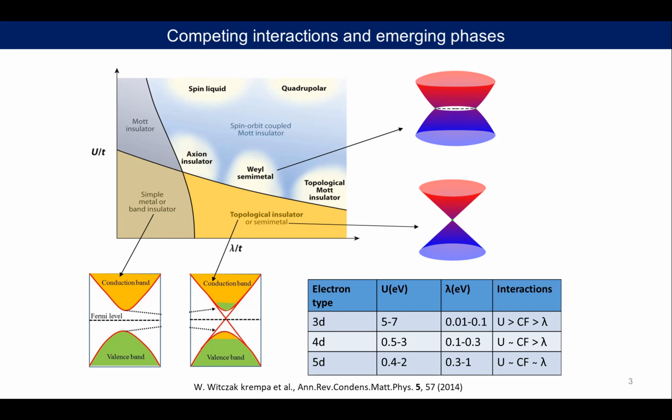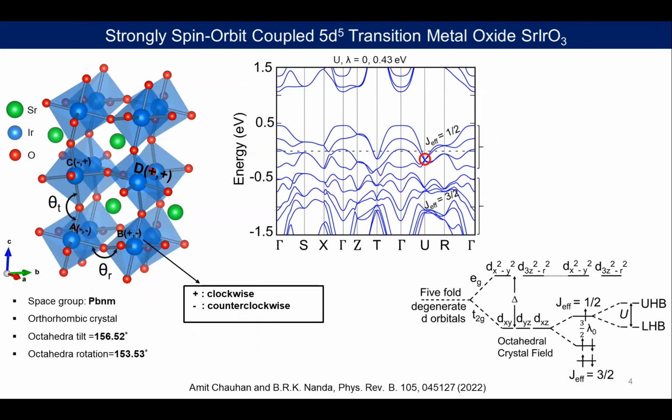And with this motivation, we chose an ABO3 perovskite, which is a 5d transition metal oxide, the very famous strontium iridate, to see what are the phases that can be realized in this material as a prototype. This is just a prototype material, as a function of U and lambda. So this strontium iridate